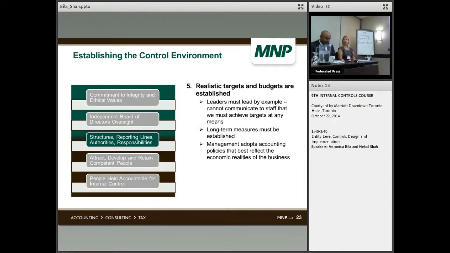I wanted to emphasize having realistic targets, and the purpose of that is to avoid creating a culture where short-term targets take priority over longer-term, more strategic targets. That can sometimes create a culture where employees might undertake unethical behavior to meet short-term results. So that's a critical piece. We've seen instances, going back to Enron and WorldCom, where organizations focused on short-term gains, and that had an impact on the type of behavior that their managers would